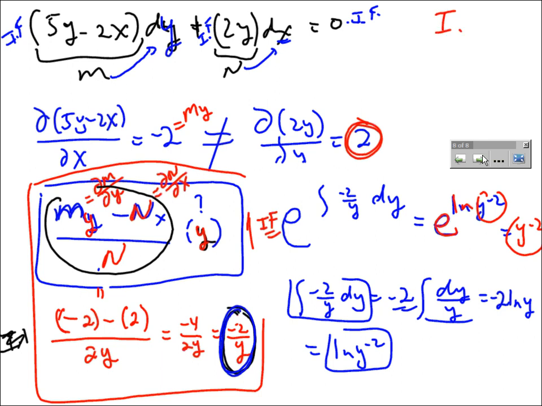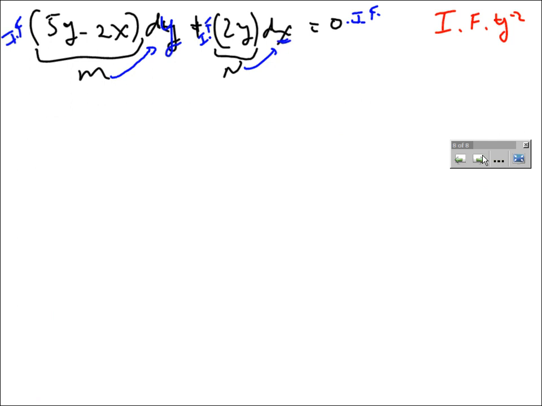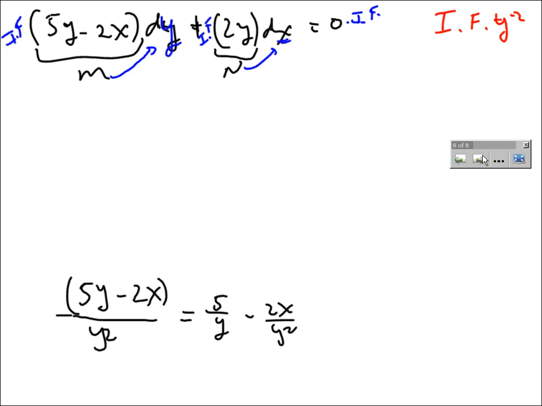So the integrating factor is y to the negative 2, or 1 over y squared. So as promised, we're going to multiply this differential equation at the top by the integrating factor. 5y minus 2x, we're going to divide it by y squared. That's the same as multiplying by y to the negative 2. So you get 5 over y minus 2x over y squared dy